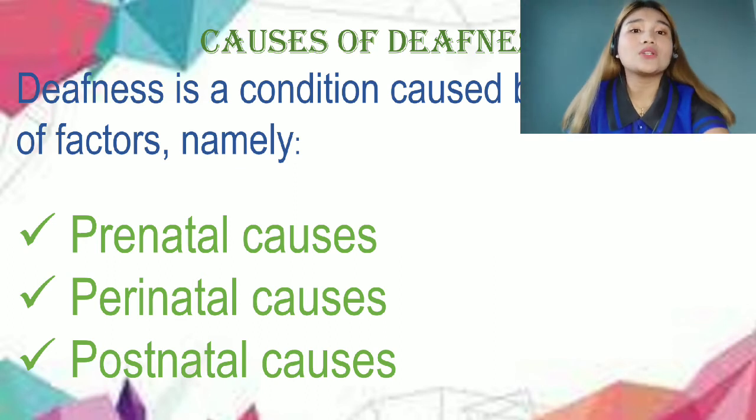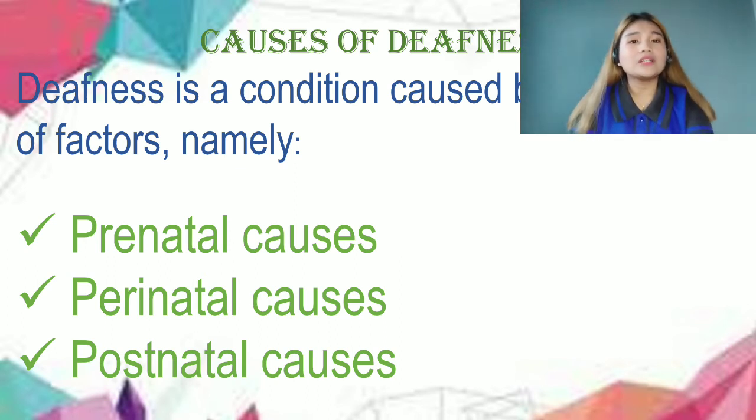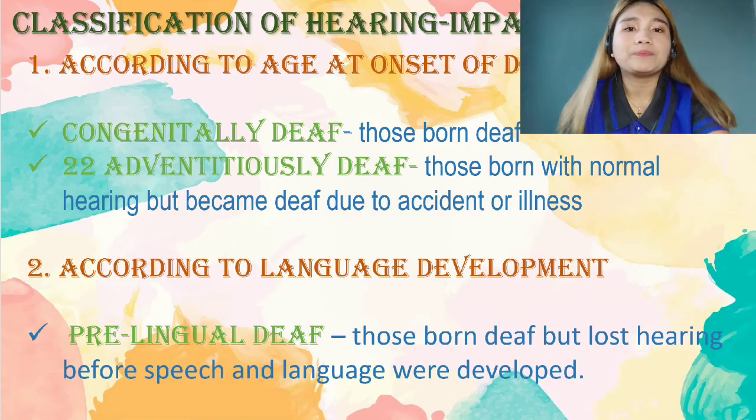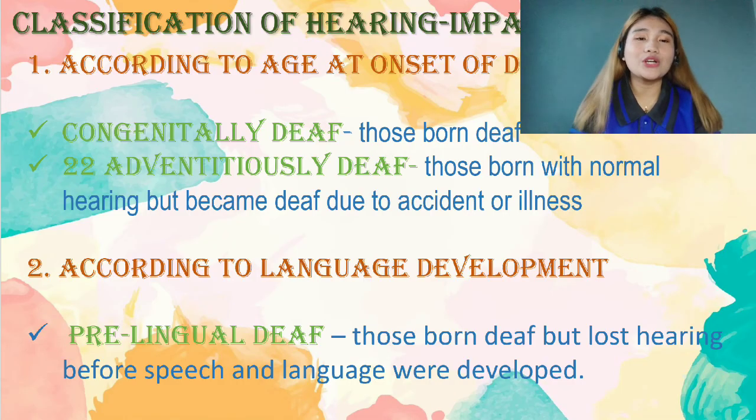Sa postnatal causes naman, a developmental pediatrician viewed all abstracted information to determine whether children had a disability with a postnatal cause. A postnatal cause was defined as any events that occurred from 30 days through 10 years. Or this is the classification of hearing impaired children. According to age at onset of deafness,